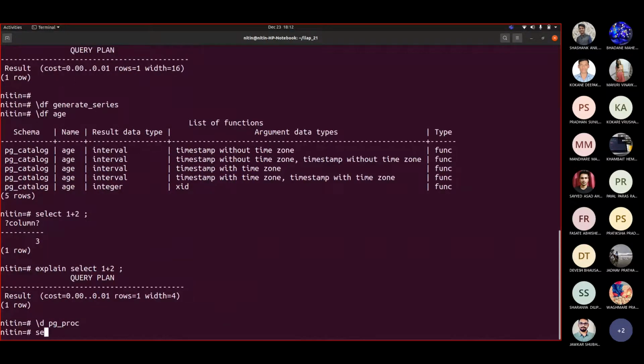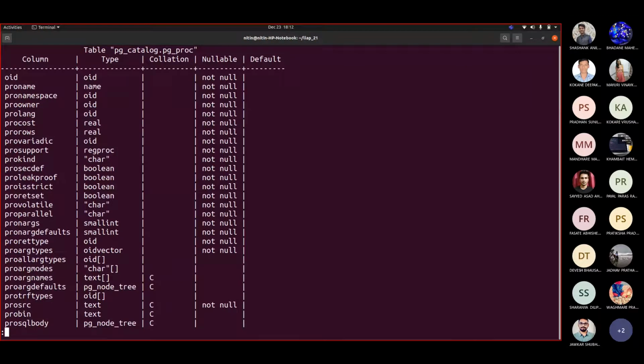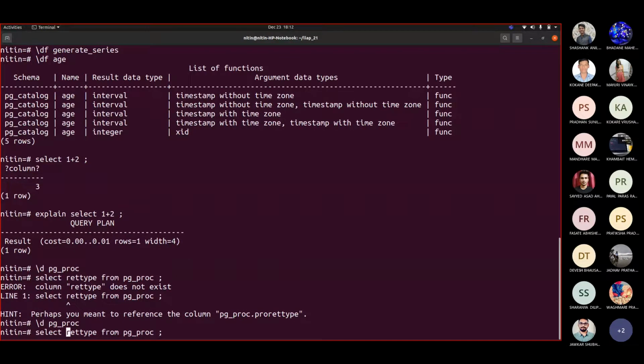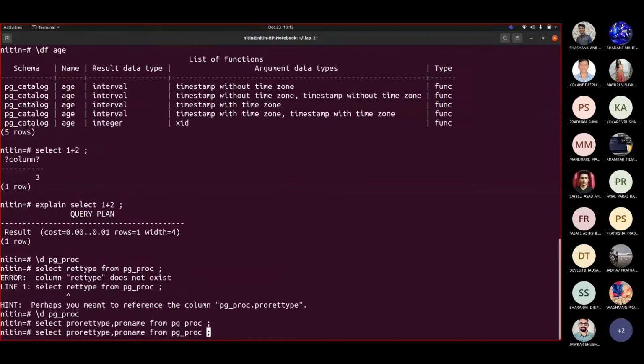So if I write select prorettype, proname from pg_proc, this is a number. So if I really want to see the type name, where OID...